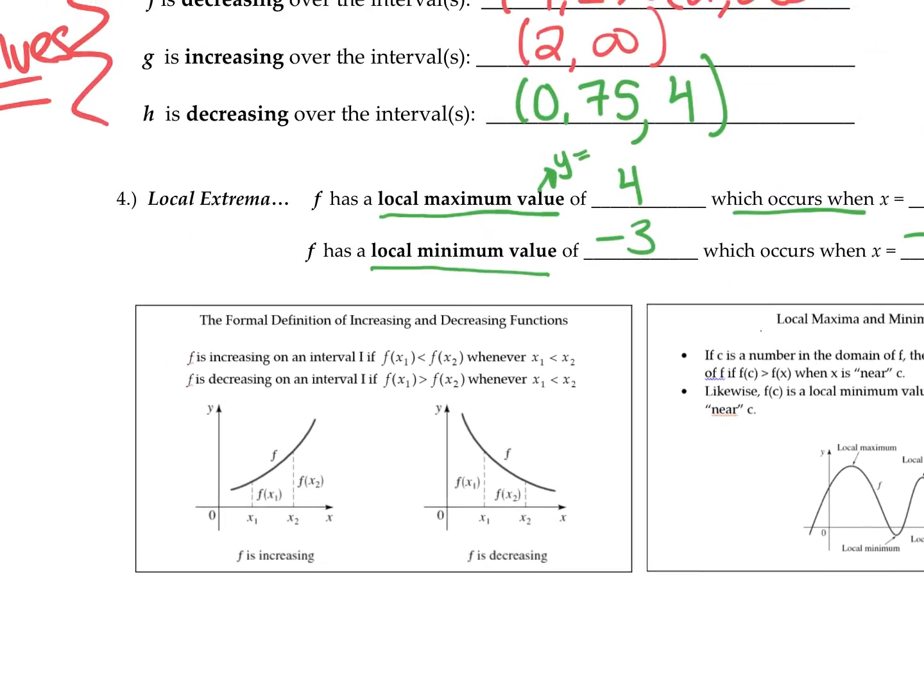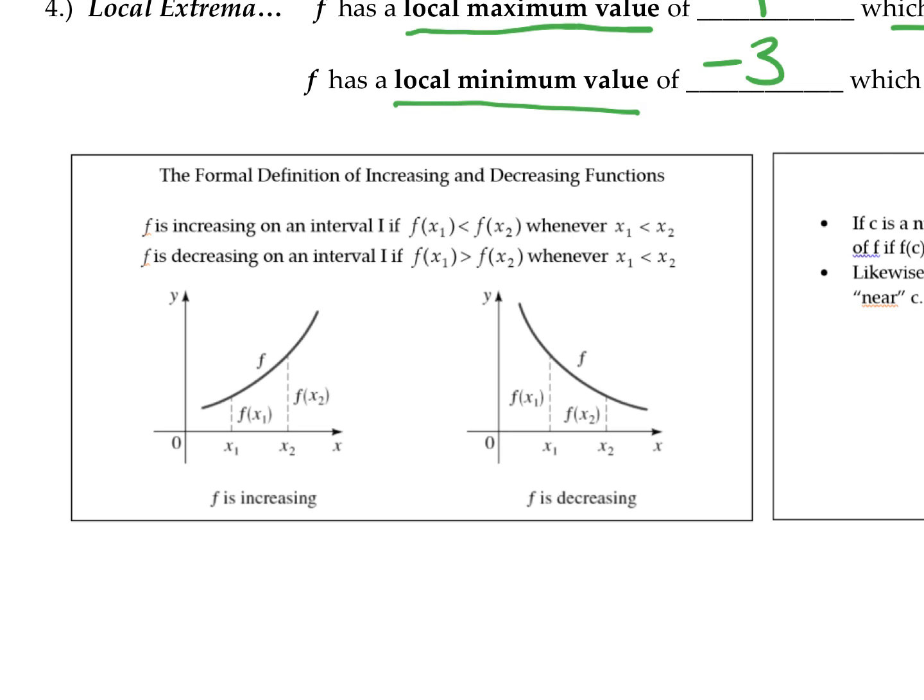Now let's take a look at these little images. So it says the formal definition of increasing and decreasing. F is increasing on the interval when the one x value is smaller than the other x value. So basically, as my x's get bigger, my function or my y's are getting bigger. If it's decreasing, that means as my x's are getting bigger, my y's are actually decreasing. So keep in mind that your x's are always increasing, but your y's are going to increase or decrease depending